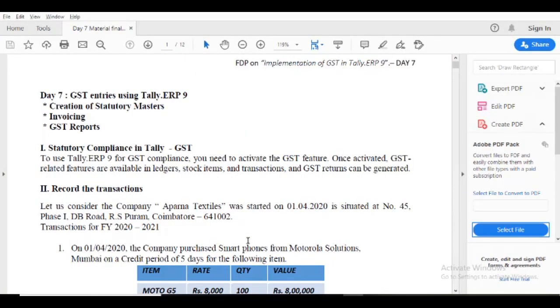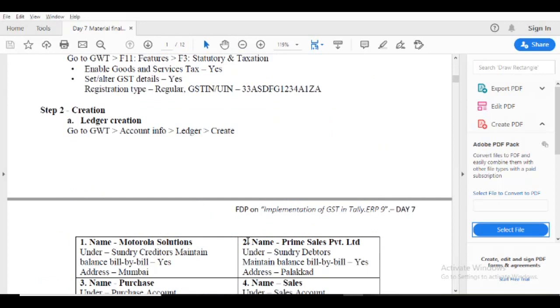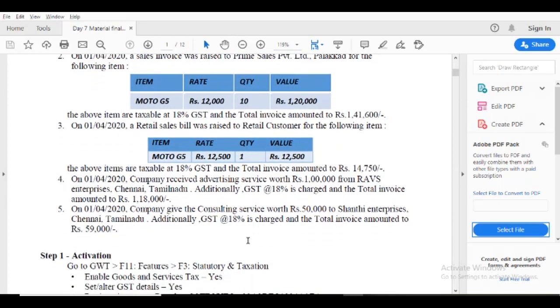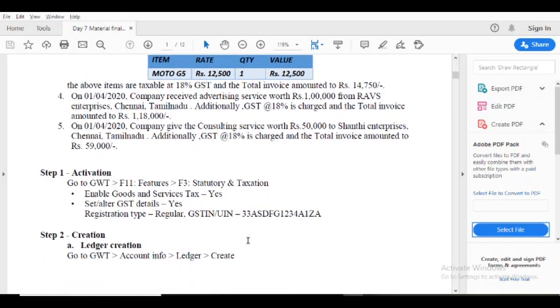Then I move to step 1. Step 1 is activation, as before, but today we use the feature F3 statutory and taxation, because we enable the statutory and taxation options. First, go to Gateway of Tally, F11 features, F3 statutory and taxation features, enable goods and services tax, yes. Set or alter GST details, yes. Registration type is regular, and